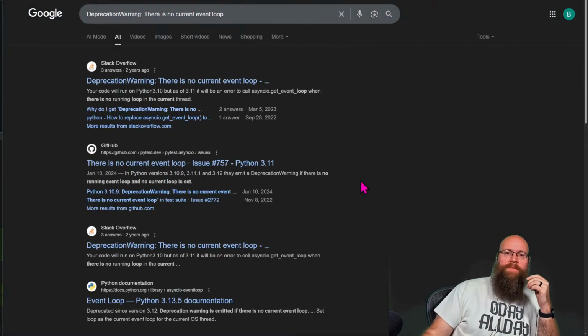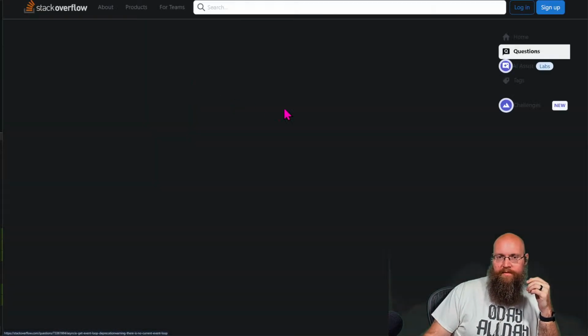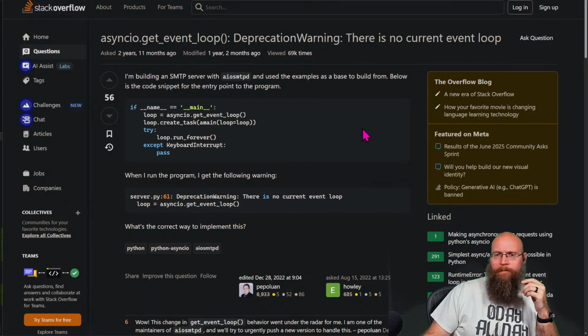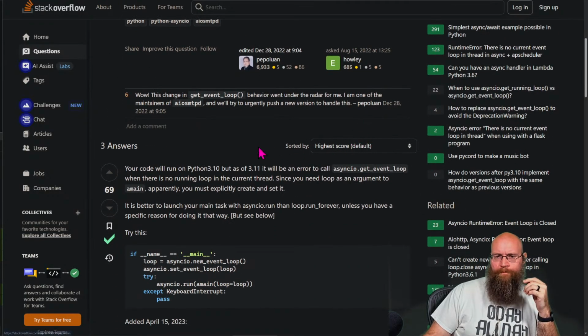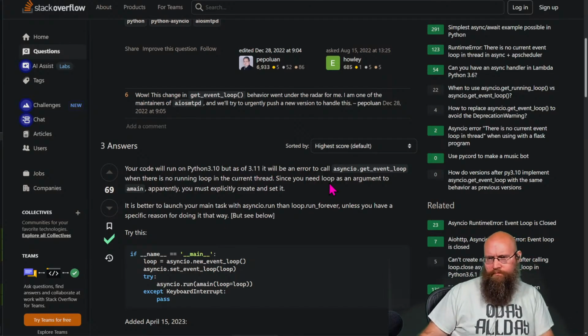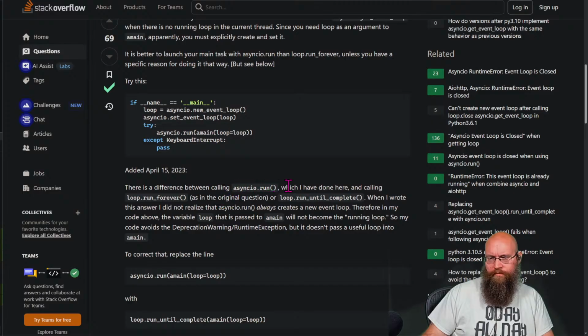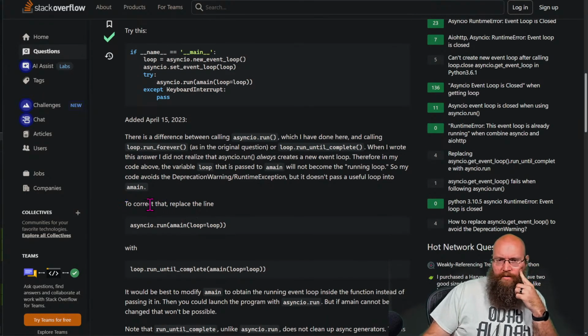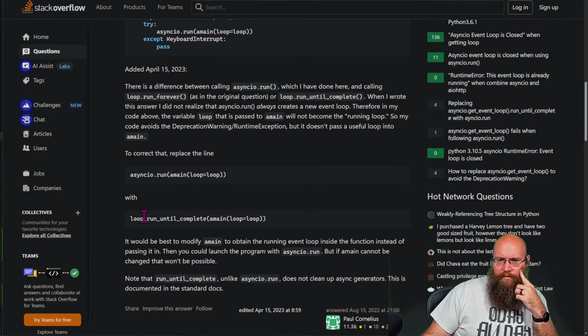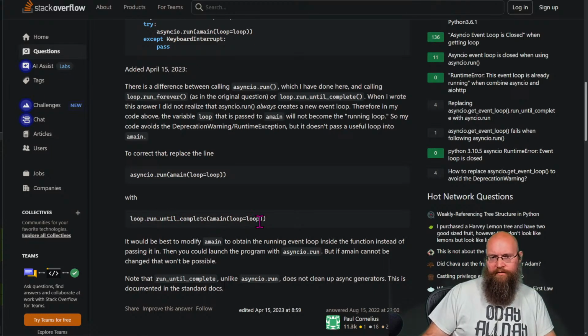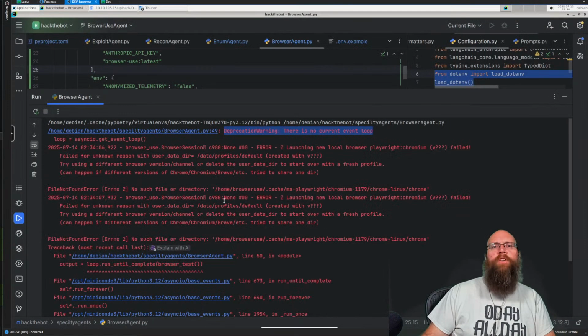Can't believe it's a freaking missing comma, man. Okay. Loop run until complete. Yeah. So I thought that was the function we were using.